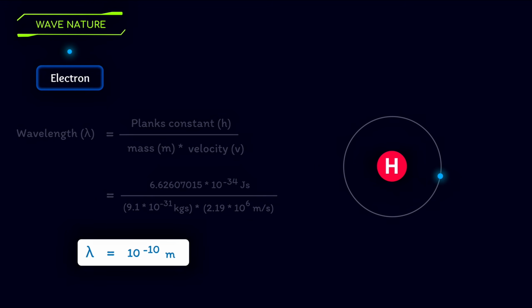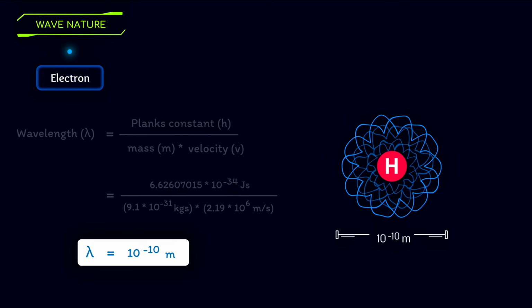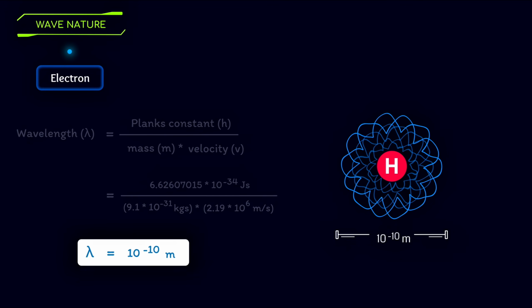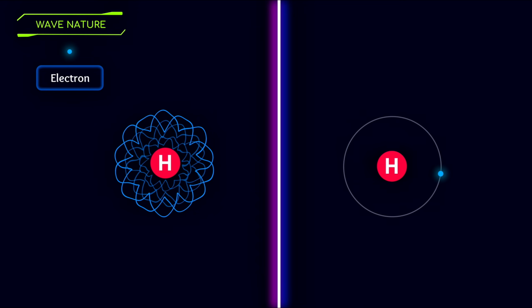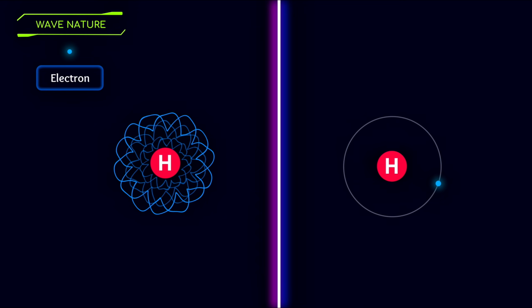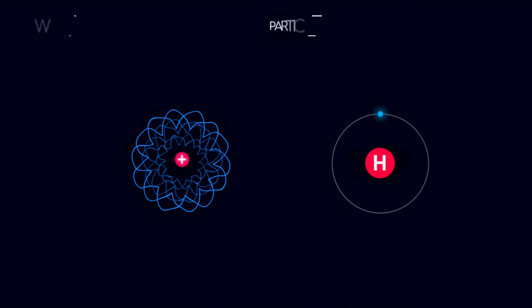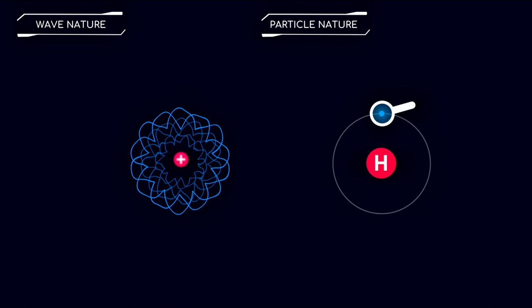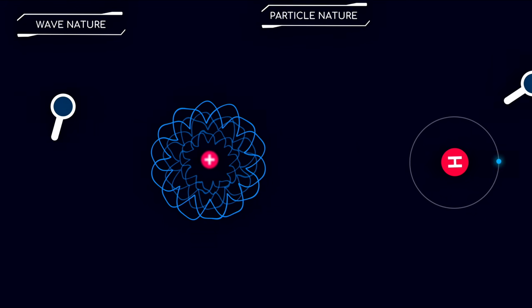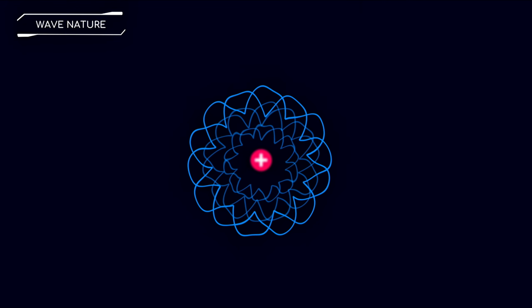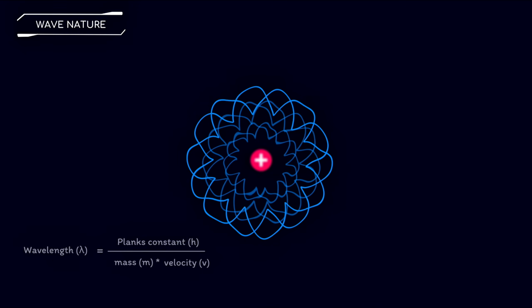Since the size of a hydrogen atom is approximately 10^-10 meters, and it has only one electron, that one electron can spread through the entire atom. It is truly amazing and confusing how a single electron can spread out through the entire atom. This is the wave nature of matter. In particle form, we can pinpoint the location of an object, but when it's in wave form, how can we measure its location? The wave nature of particles is not only formulated through mathematical calculations, but also proven by experiments